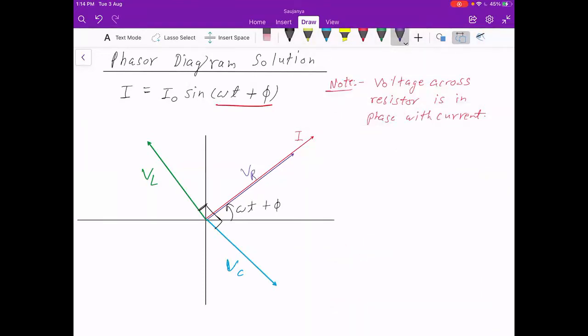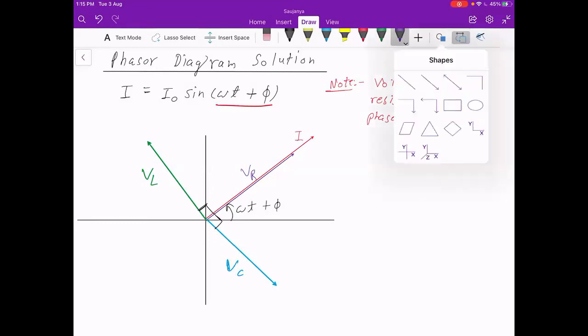But what I'm going to do is make a little maneuver here, and rotate this whole thing by omega t plus phi in the clockwise direction, because anyway I'm interested in only the relative values and the phases. So I could either solve it right away like this, or I could say omega t plus phi is 0. I'm not talking about t equal to 0, I'm not talking about an arbitrary time. I'm talking about a very specific time for which the phase becomes 0 for the current.